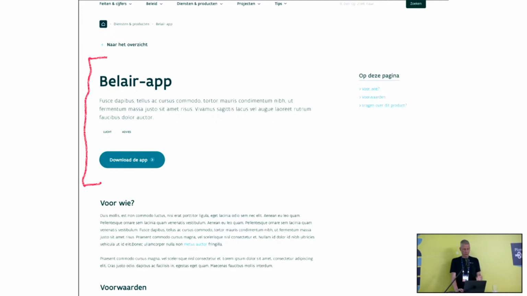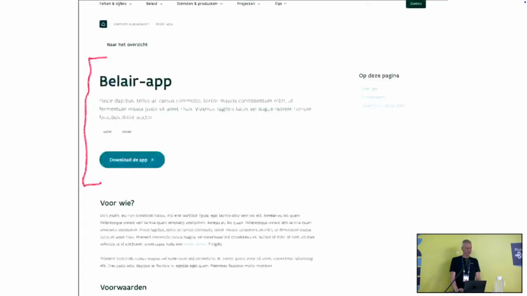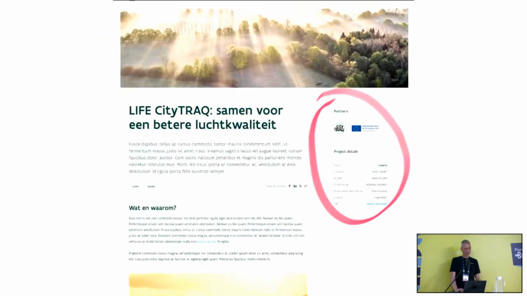And you say, okay, block variation. But then as soon as you try to do this in the content type view and you go to edit, all those blocks disappear because the blocks layout is, you have only one generic blocks edit layout. So we kind of redid it again. We made all kind of separate blocks, and we used what I just showed, the initial blocks layout, and we say, okay, for this content type, please add these 3 blocks on top, fixate them. As soon as an editor goes to the edit view, they're still there, but he cannot touch them.